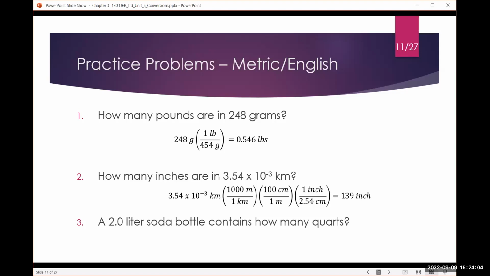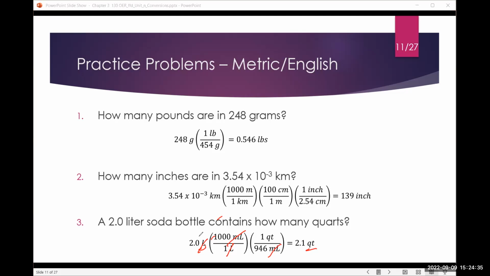All right, 2-liter bottle. I want to know how many quarts, okay? So we set that up. We're given liters, we want to get the quarts. So we know then 1,000 milliliters is equal to 1 liter, so that takes care of the liters. And then from our conversion factor, that 1 quart is equal to 946 milliliters. That gets rid of the milliliters, and now it's a matter of just typing into your calculator, keeping track of